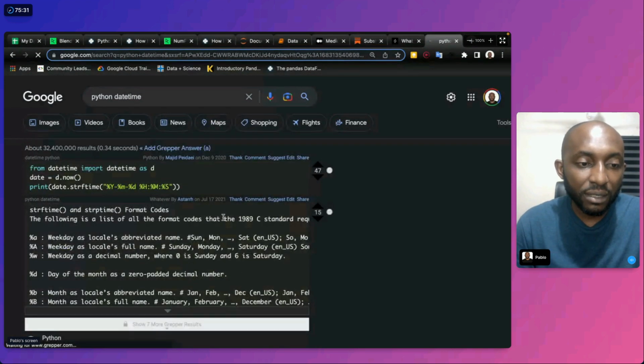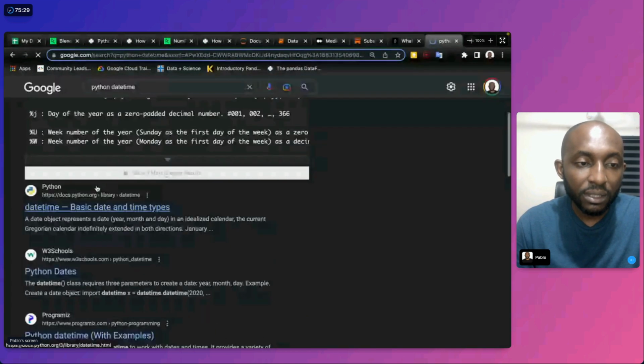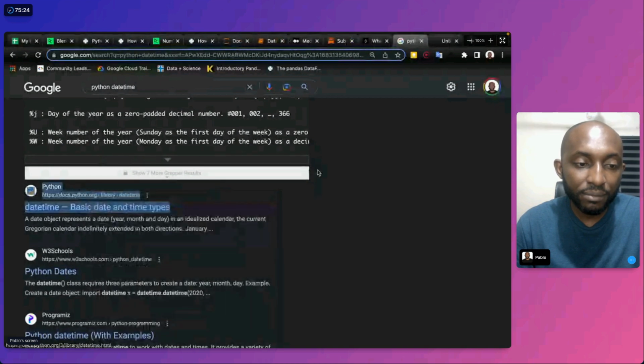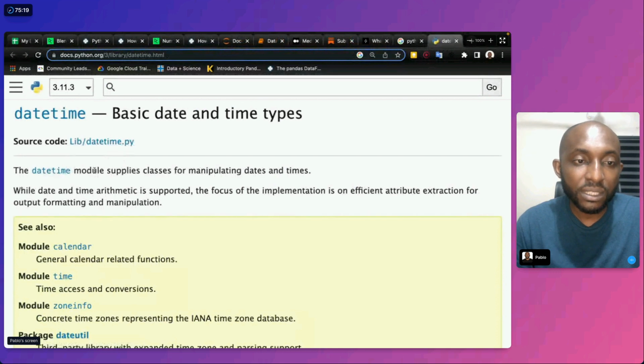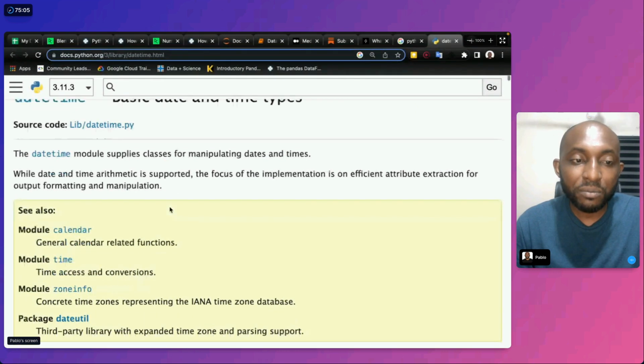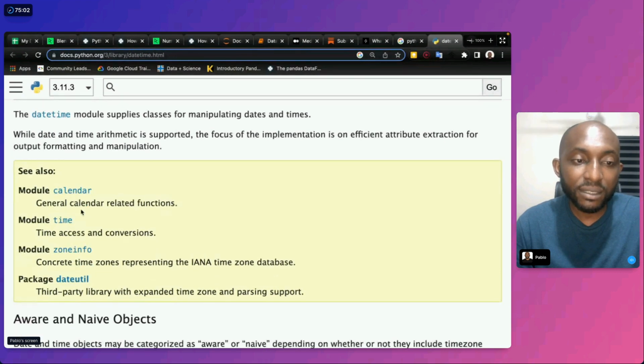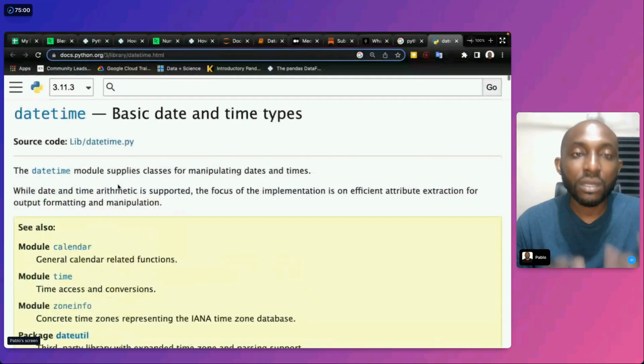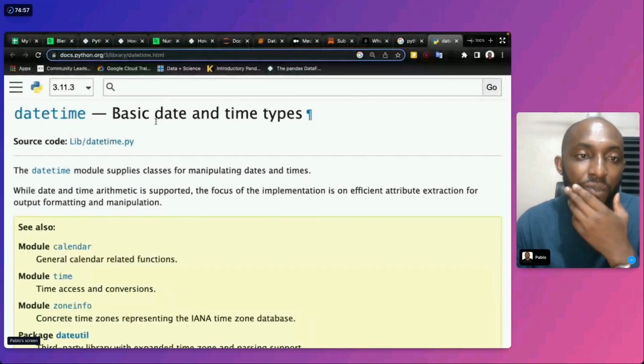You can see it's a datetime object. The datetime module supplies classes for manipulating dates and times. While date and time arithmetic is supported, the focus of the implementation is on efficient attribute extraction for output formatting and manipulation. So this has a calendar, it has all this inside of it, so you can use it to do a lot of manipulation.